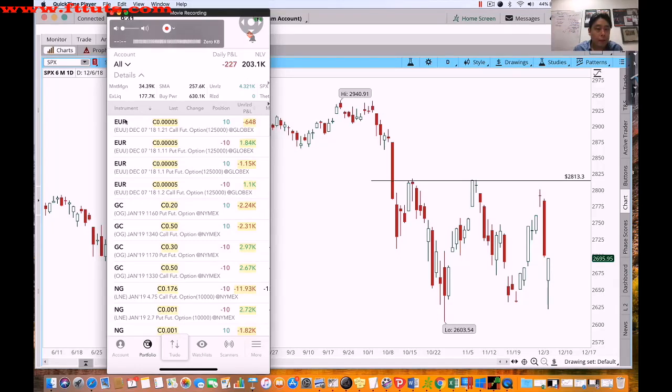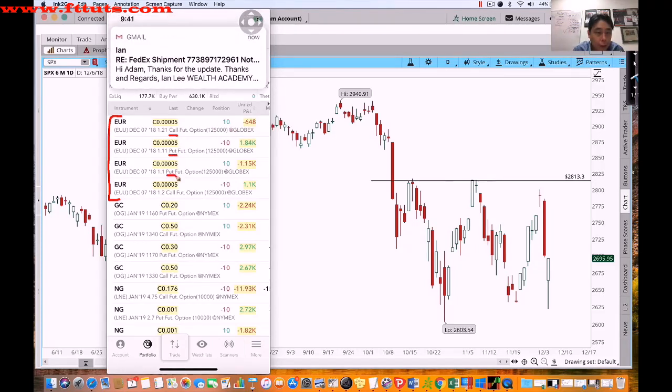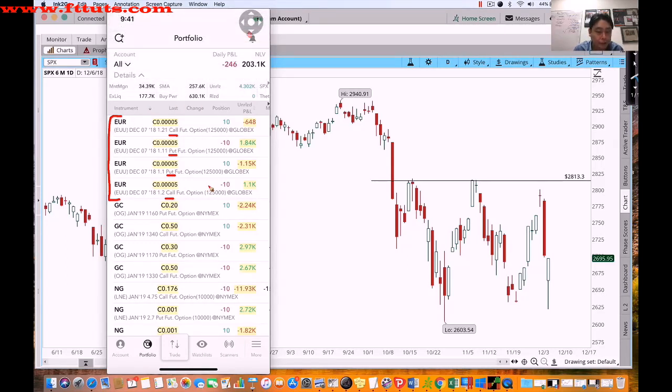These are iron condors. You can see that we have created an iron condor on the euro currency. So again, you will learn how to trade options on currency futures as well, or spot currency. You can see this is a call, a put, and a call. Can you see that? So we call this an iron condor. So what we do is basically we sell a call, right, and then buy a call at a higher strike price, and then we sell a put and buy a put at a lower strike price, and we create an iron condor over here.